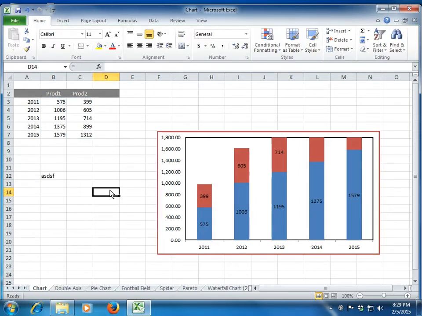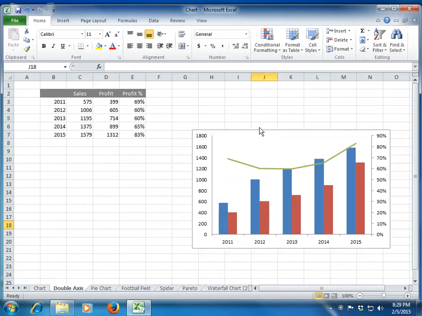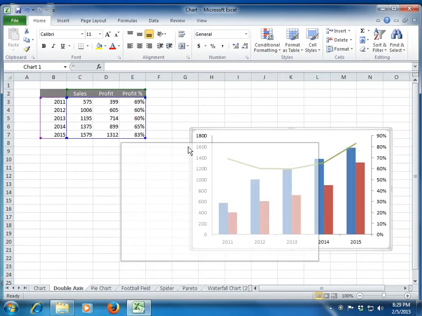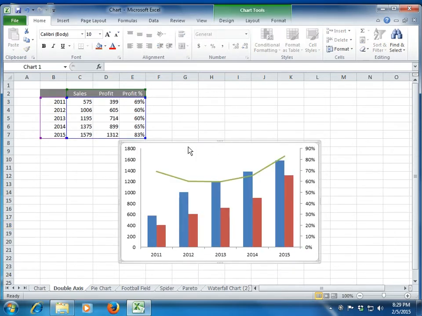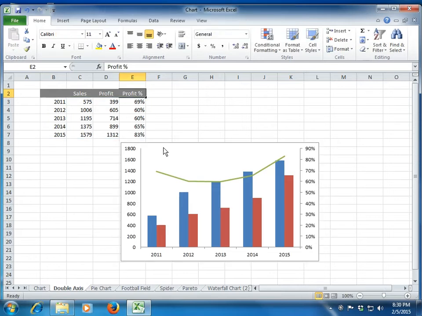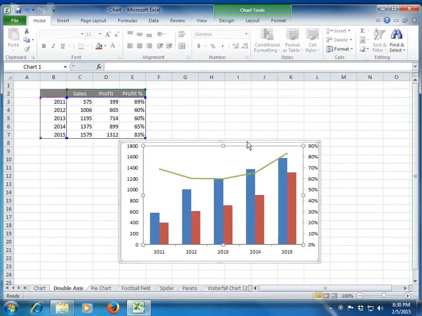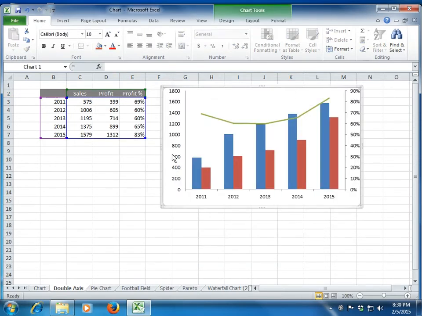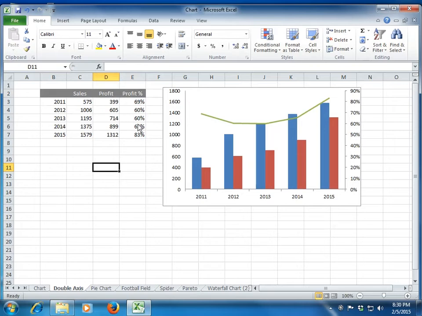Now let's understand how to create different types of chart to represent our data more beautifully and sensibly. The first one is where most people need help, or if you're not very pro in creating charts in Excel, this will be very useful to you. I have just added one more column to our data, which is called the profit percentage. Let me just place it here. And I want my data output to be like this.